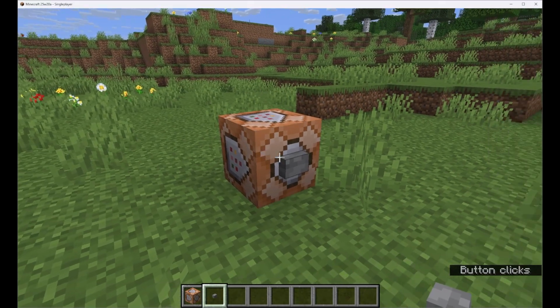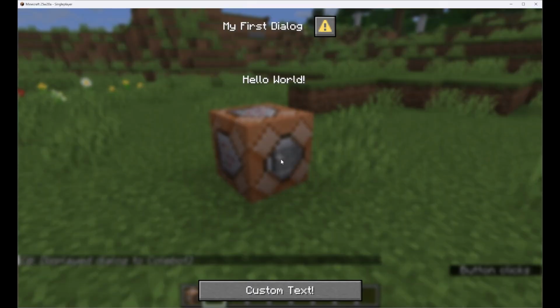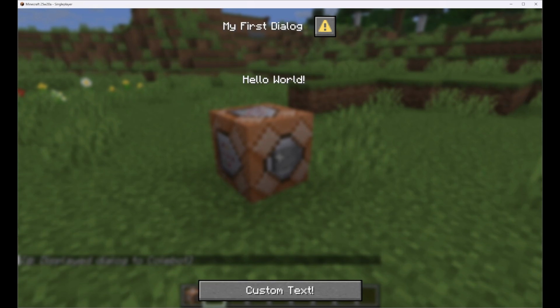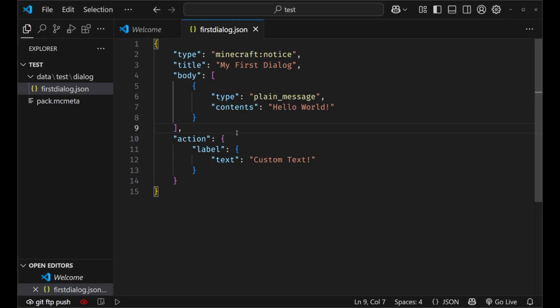And right here, let's open up our dialog again. And as you can see right here, custom text. It used to just say, okay. Now it says custom text that we defined right over here inside VS Code, custom text. So that's pretty cool. But that's not all you can do with the buttons, because you can go ahead and add,